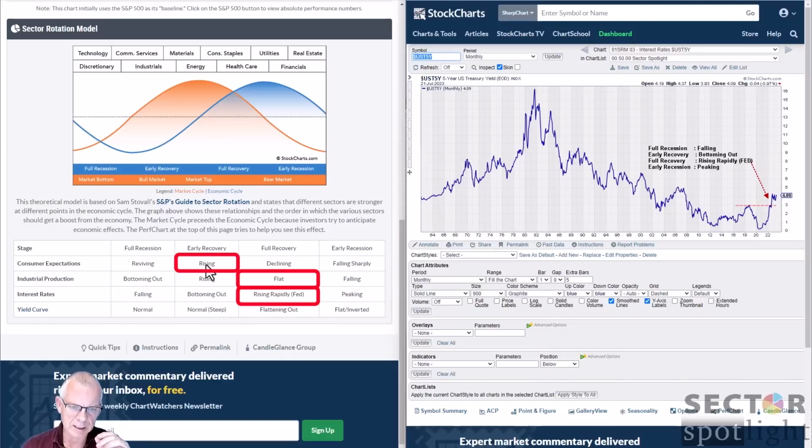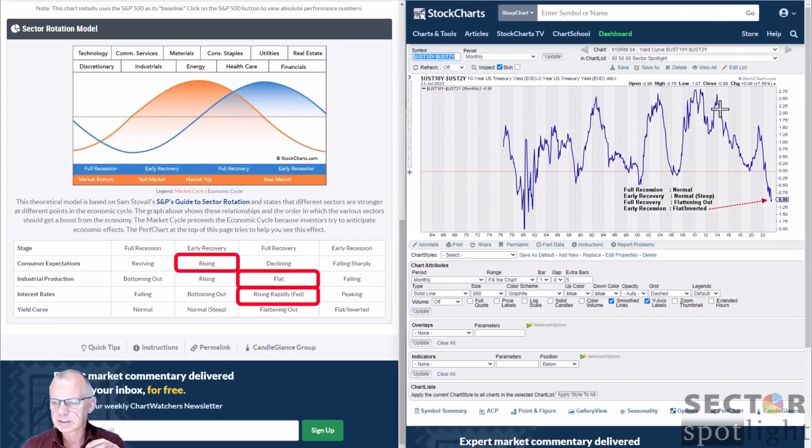So we've got rising, so early recovery, full recovery, and another full recovery. And then the last one is the yield curve. And this one got even more inverted very recently, which is kind of surprising, but it's happening. So very clearly that indicates an early recession, which is right here, which is kind of out of whack. And somebody pointed out to me that the inversion of the yield curve, as you see it here,